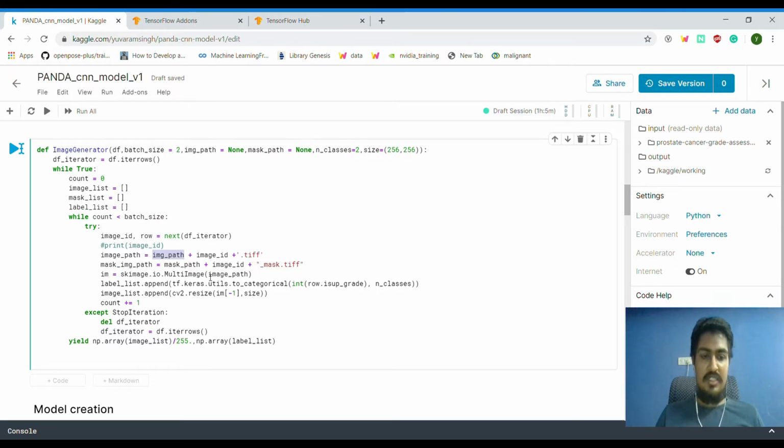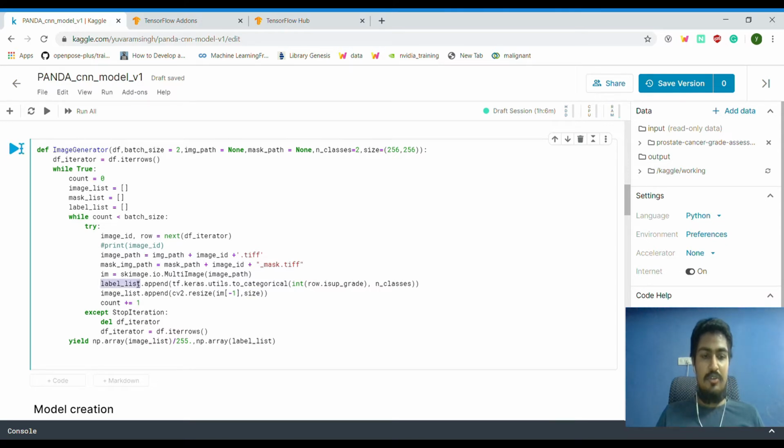As you can see, I'm just reading the image from the image file, then resizing it and appending it to the image list. This will be a pretty big image, so -1 will be the last resolution, but still that is going to be bigger than what our model can learn. So I'm going to resize it to the size provided by the user and store it.